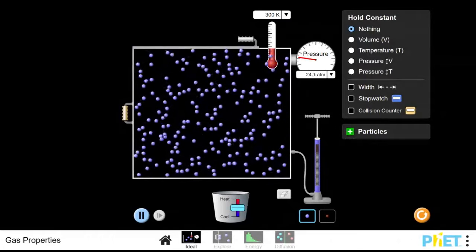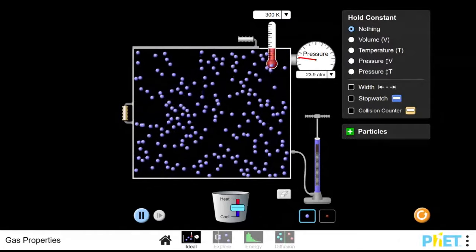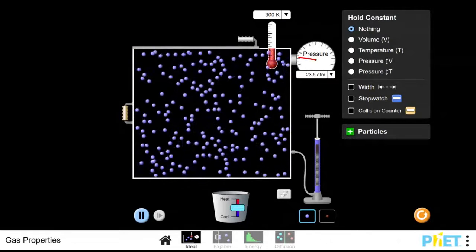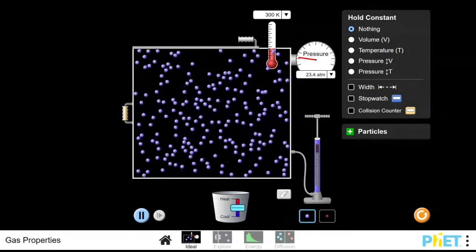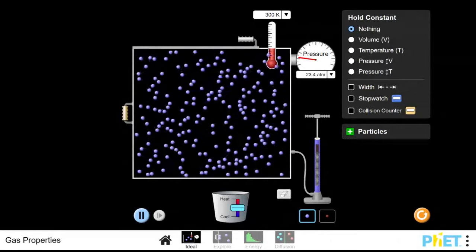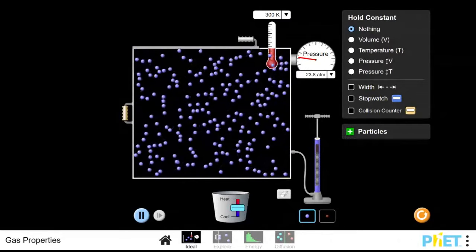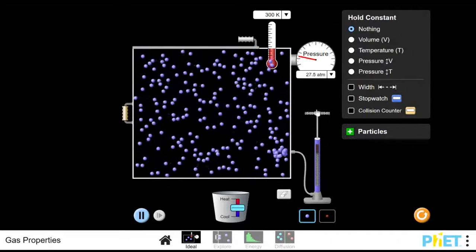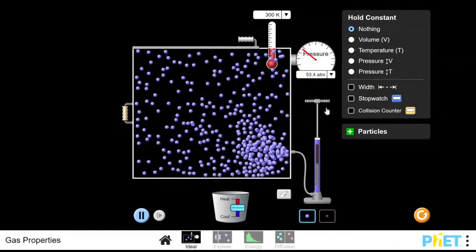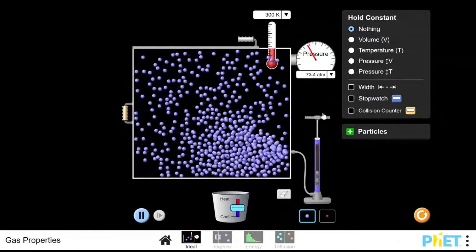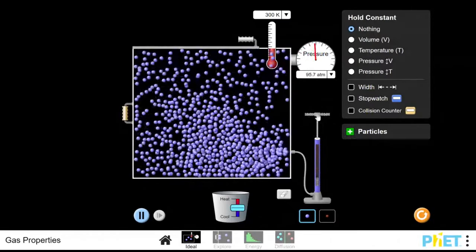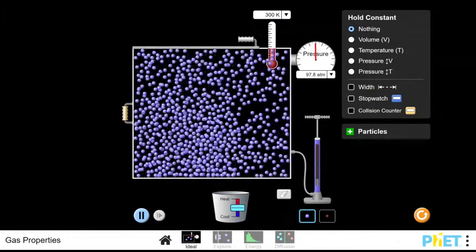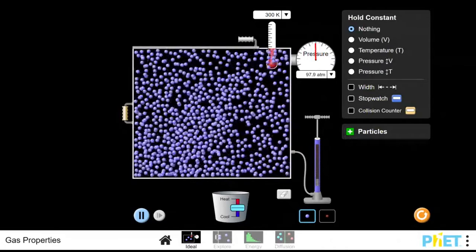If I were to increase the gravity, everyone, what you'll notice is that the pressure will actually go up. The reason is that by increasing the gravity, I increase the weight of the air, so when the molecules interact with each other, there is a greater amount of weight to deal with, and that would therefore increase the pressure. I can also increase the pressure by doing this. Well, actually, this is the better thing to note: increase the air pressure